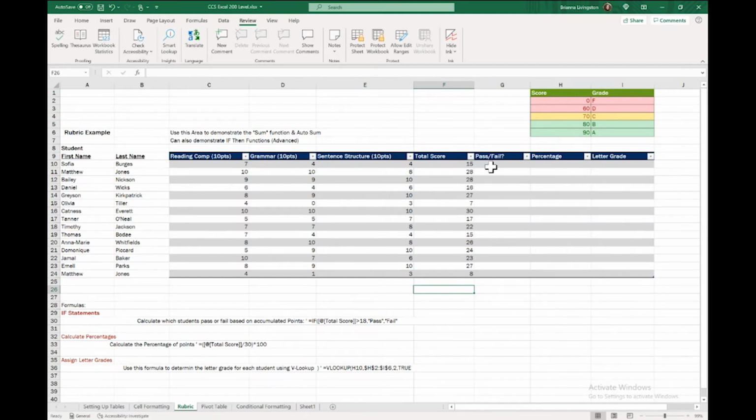So we want this to print the words pass or fail based on whether they achieve a certain number of points. That's going to be 18 points. Anything greater than 18 points, they'll pass. Anything less than that, they will fail. Then we want to calculate the percentage score based on their total score. Then we want to assign them a letter grade based on that percentage from this